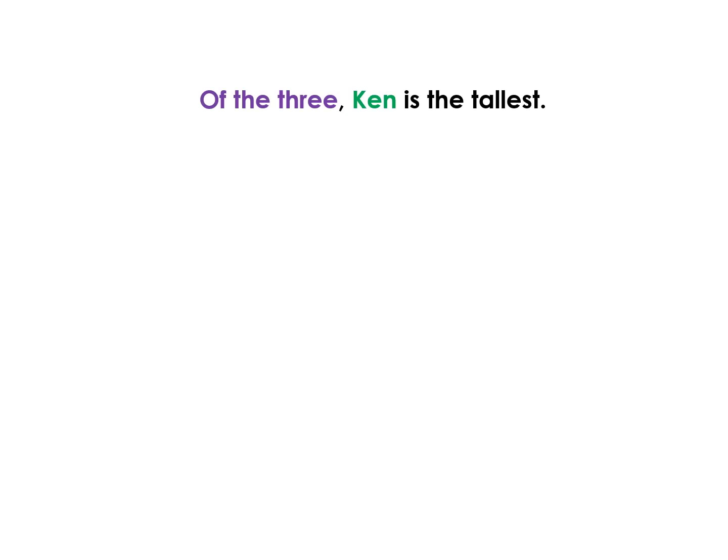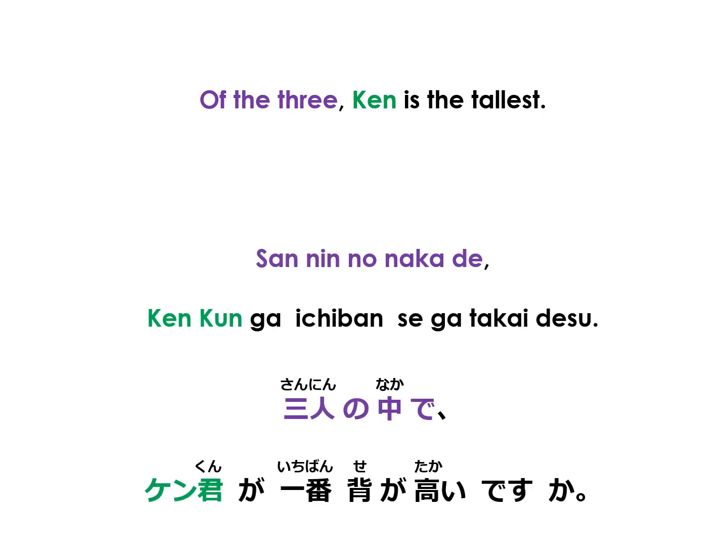Let's say Ken is the tallest of the 3. We can also modify our answer to rephrase the domain this way. 3人の中で Ken-kunが一番背が高いです。So instead of saying each one's names, we just say 3人の中で, which means of the 3 people. Or you can skip saying the domain altogether and just say Ken-kunが一番背が高いです。